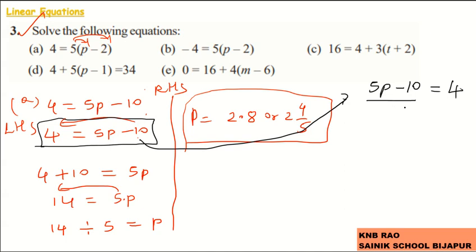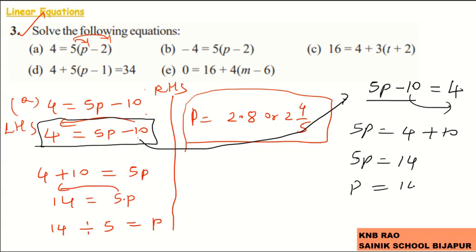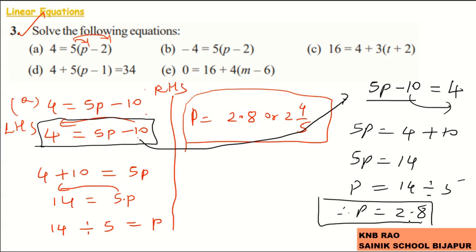You know now how to do transposing. This subtrahend, if it is transposed to that side, in the same way 4 plus 10, and 5P equals 14, and P equals, which is 5 multiplying that side, does division, and therefore P equals 2.8 will be the solution. Students, you need not get confused while solving whether the variable portion is on the left hand side or the right hand side. The procedure remains the same and the concept remains the same.